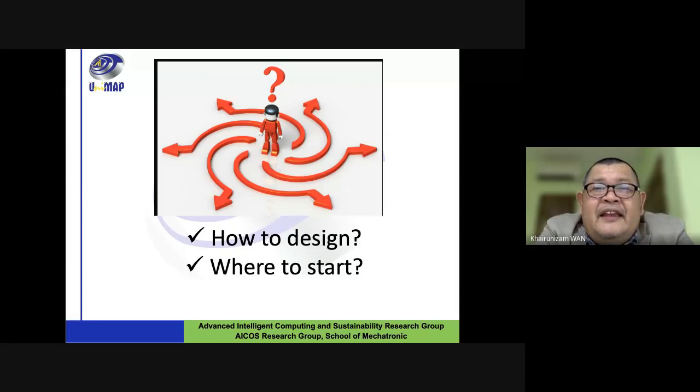Okay, and then in the second semester they start to implement it. They start with the experiment. They start with the data collection. They start with the evaluation, draw a conclusion, and again they have to present the findings to the panel that we appoint. Okay. So this is the flow of the final year project, the implementation or practice at our faculty.